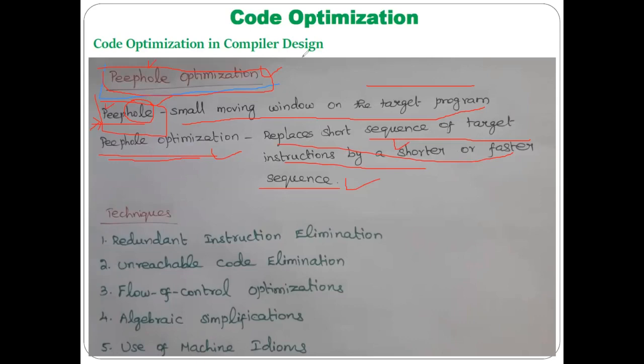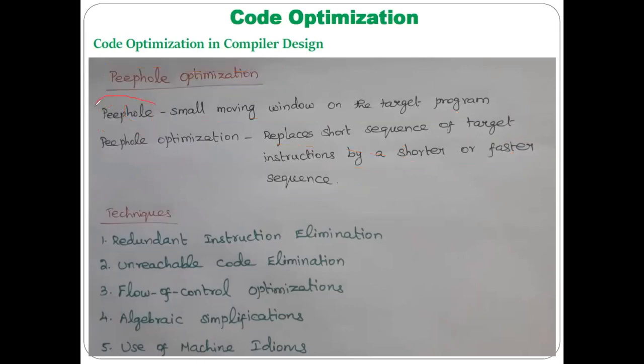So I hope you understood why this optimization is named peephole. We are going to focus on a small sequence of code at a time to perform the optimization. That is the reason it is referred to as a peephole. So the optimizer, or the compiler, is going to perform this kind of optimization on a small part of the program. Understood? By checking that small part, the compiler will see whether optimization can be performed or not. If yes, then the compiler will perform the optimization on that small part, meaning it will try to rearrange, replace, or modify that small part of the program if it is possible.